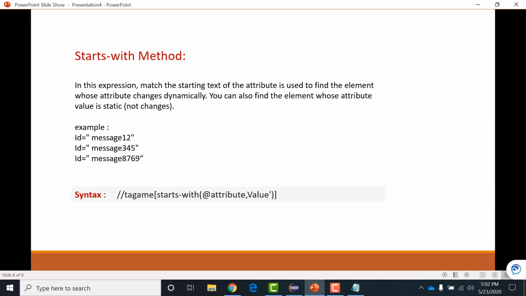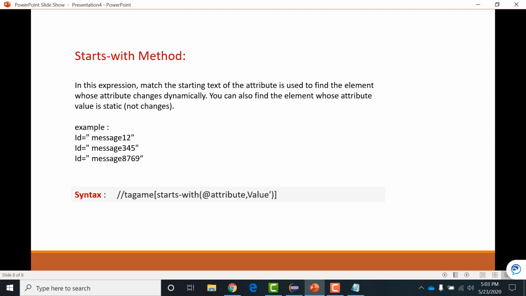So what happens in starts-with actually? See, a simple example is written here. The ID of that particular element is message12, but it is changing dynamically. Sometimes it is 12, sometimes the number is 345, sometimes it is 88769. It keeps changing, but the keyword that is not changing is the string message.